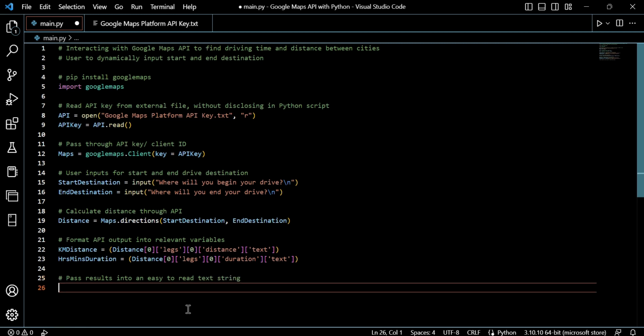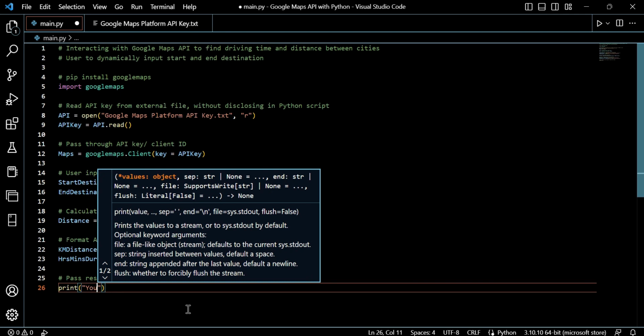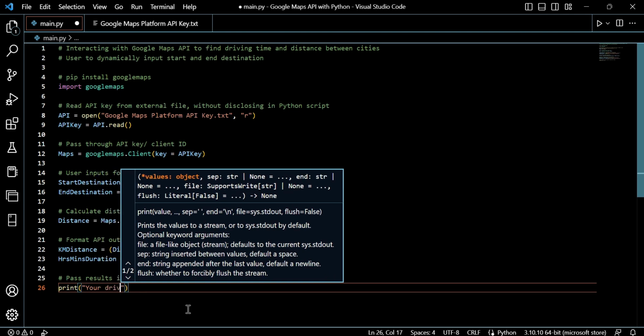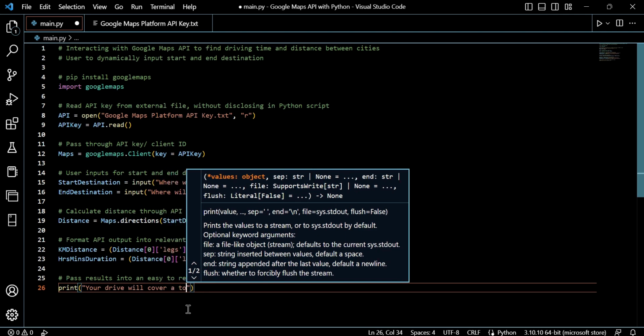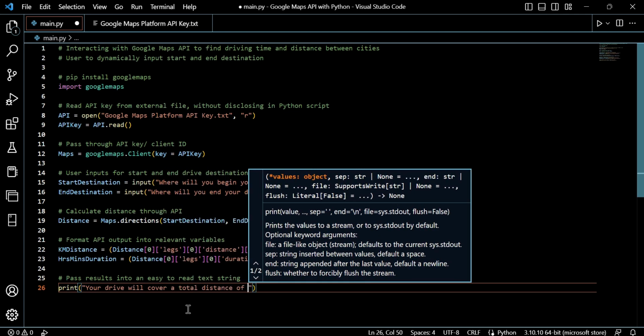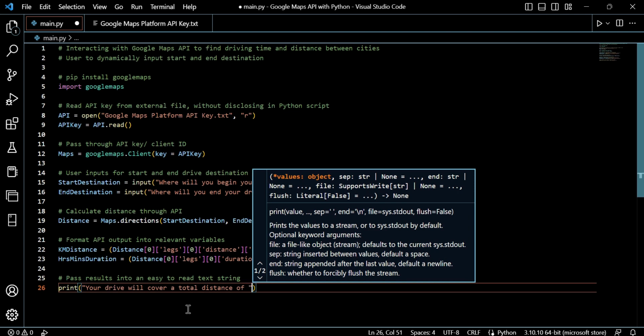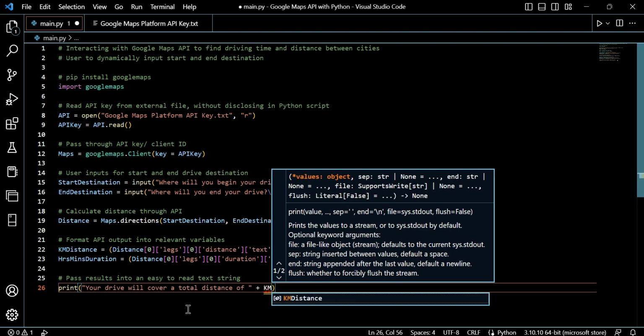And we'll finish off this script here and we'll say print. I'll say your drive will cover a total distance of, leave a space here at the end of my string because I'll then add on the value from km